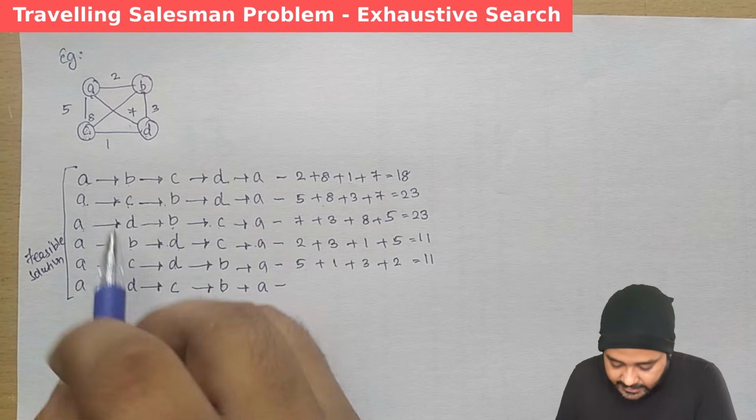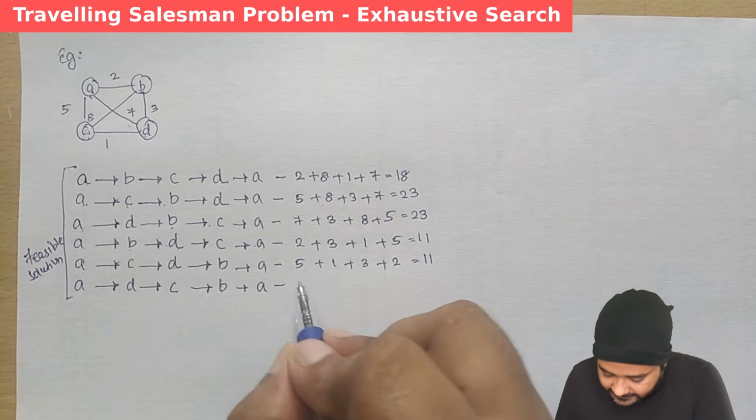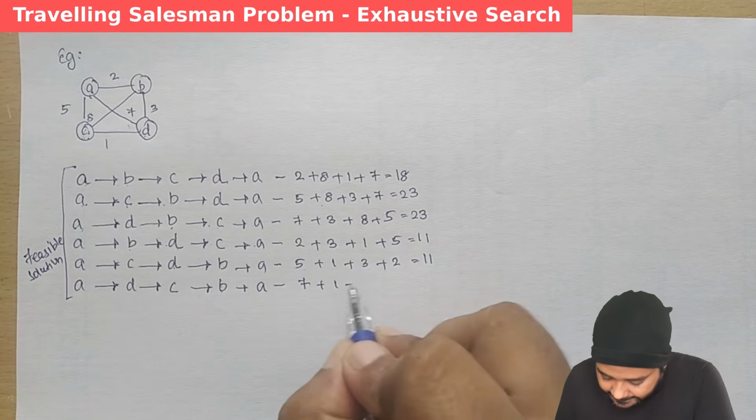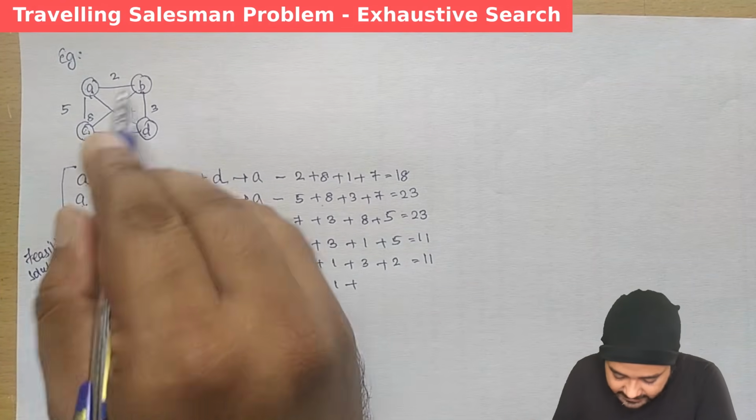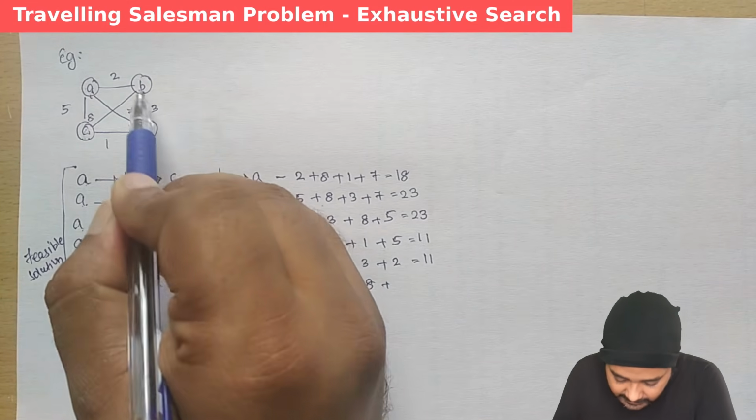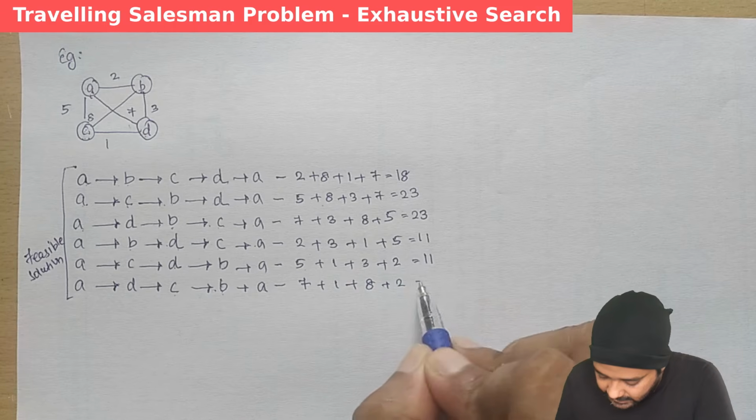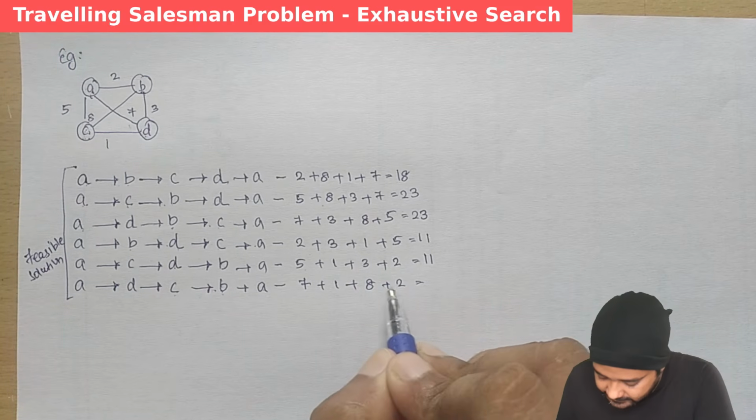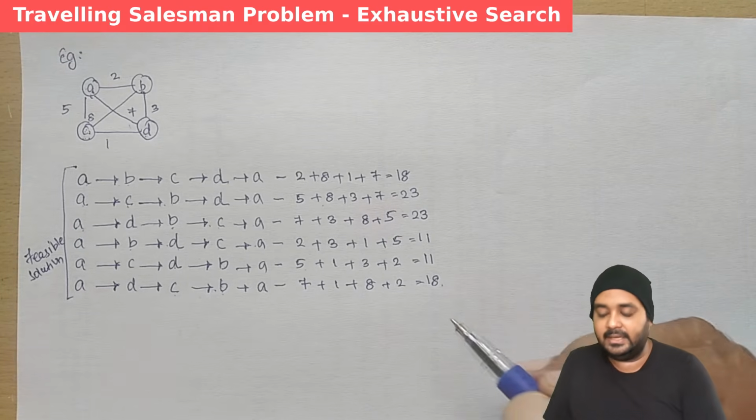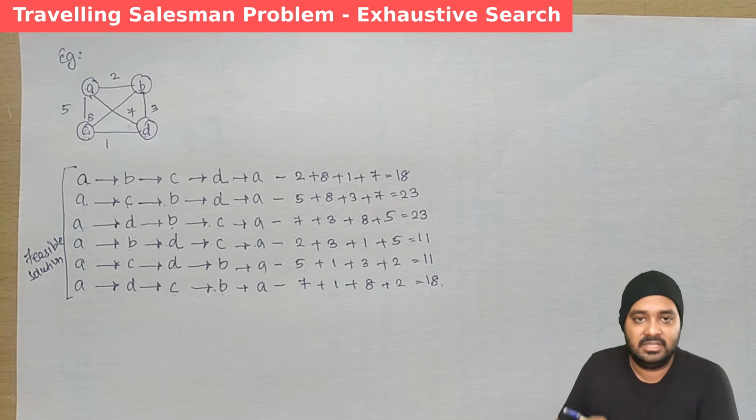So next path A to D. A to D the cost is 7. Then D to C. D to C the cost is 1. C to B. C to B the cost is 8. And then B to A. B to A the cost is 2. So 7, 18. Right? Looking at all the possible solutions, which are nothing but all the feasible solutions,